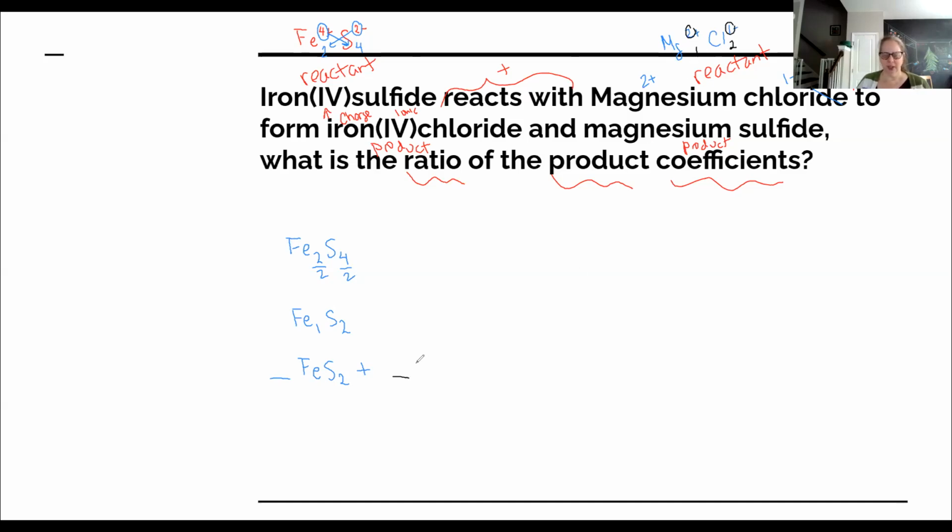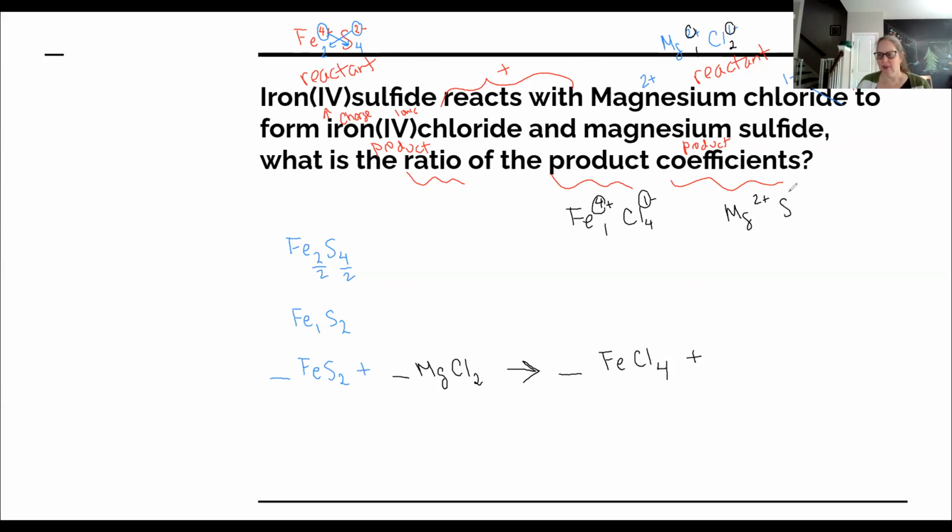When I rewrite, I'm just going to write magnesium with 2 chlorines. 1 magnesium balances 2 chlorines. And that is going to form, so I need my yield zero, iron 4 chloride. Iron with a +4 charge, chlorine with a -1, crisscross. And again, I'm not going to rewrite the 1, so FeCl4 is my iron 4 chloride, and magnesium sulfide, magnesium